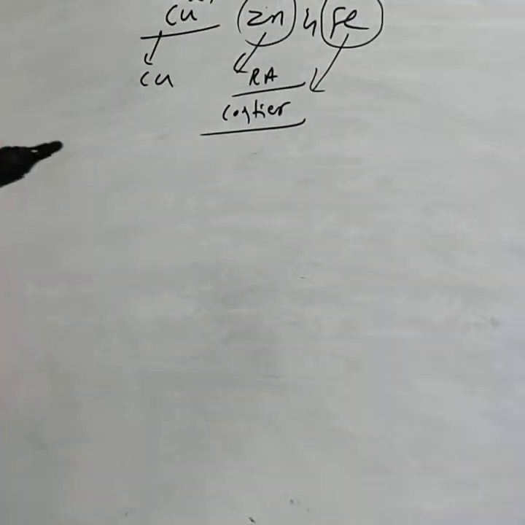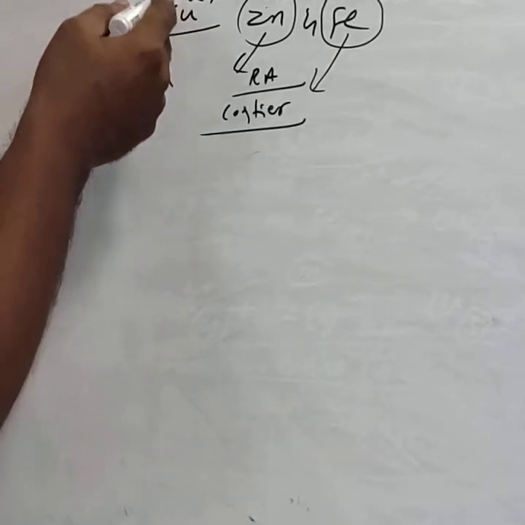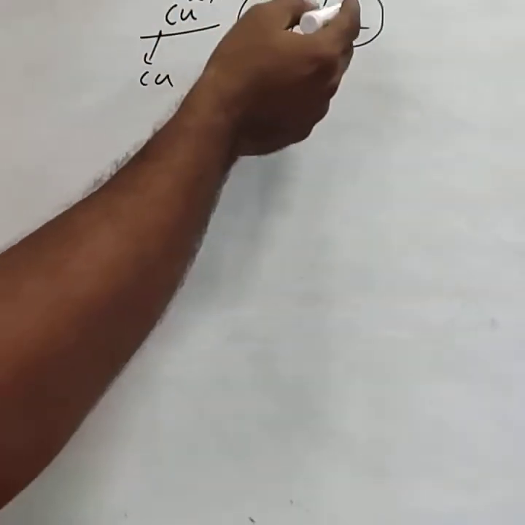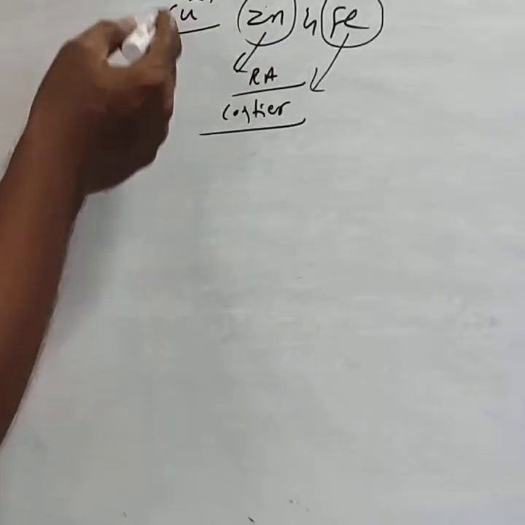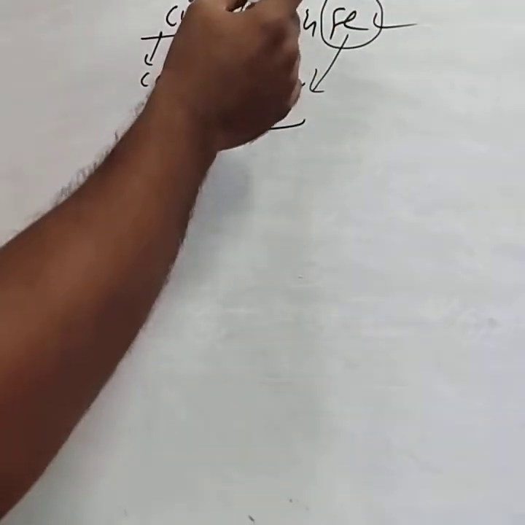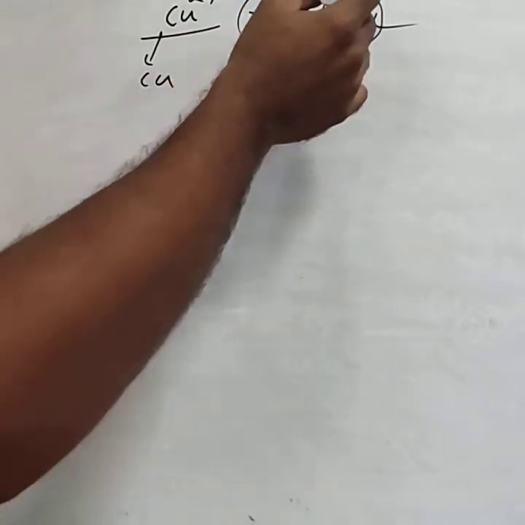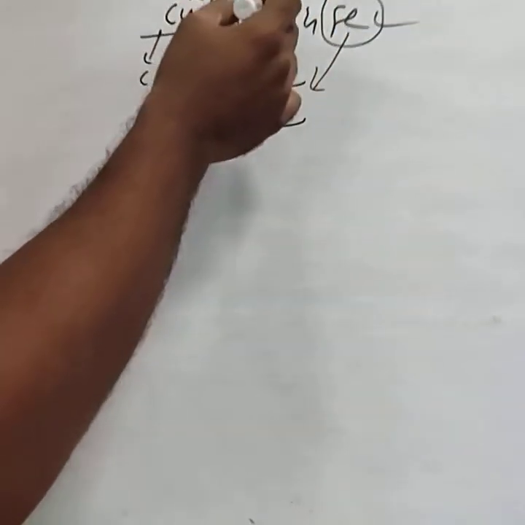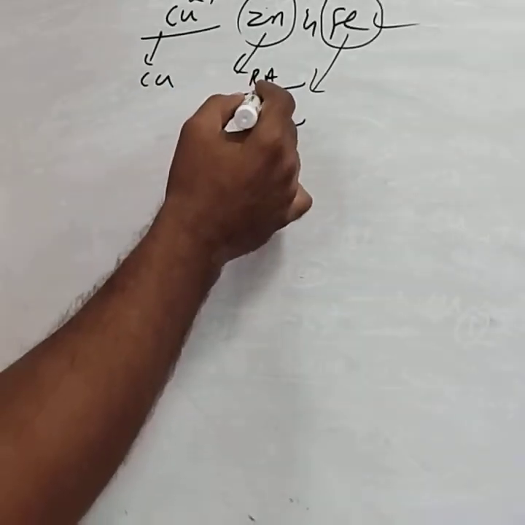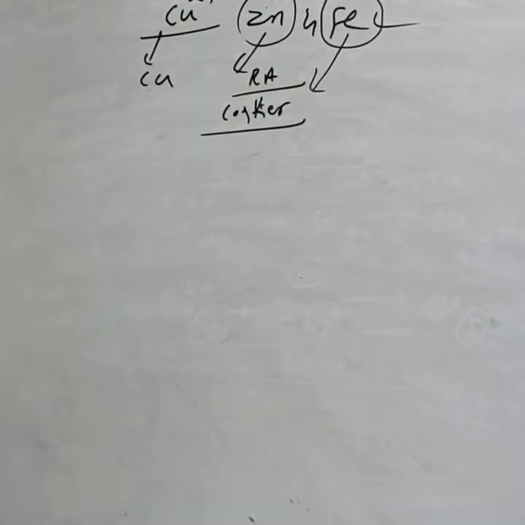They can ask us the same question in this form also. At the site of low grade ores containing copper, both zinc and iron are also present. Which of them is advisable to reduce Cu2+ to Cu? The metal advisable is iron but not zinc. Even though zinc is a better reducing agent, iron is advisable. The main reason is zinc is very costly in nature. Due to its costlier nature, zinc is not advisable to reduce Cu2+ into Cu.